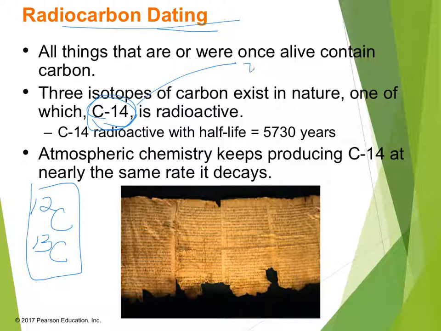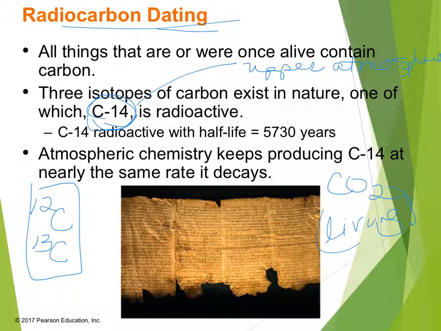Carbon-14 occurs only in the upper atmosphere, not down here on Earth, but it gets incorporated into carbon dioxide, and so everything living, again, whether it's us or a plant, processes carbon dioxide through their body. And so we all have a certain ratio of carbon-14 in our body. Not very much, but a certain ratio of carbon-14 to the more predominant carbon-12. Carbon-14 has a half-life of